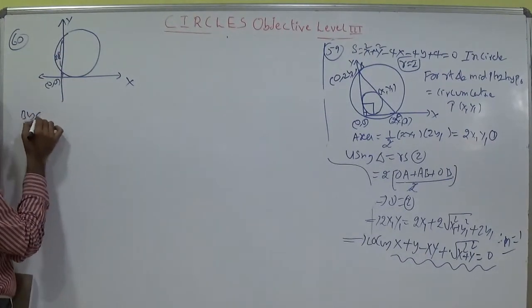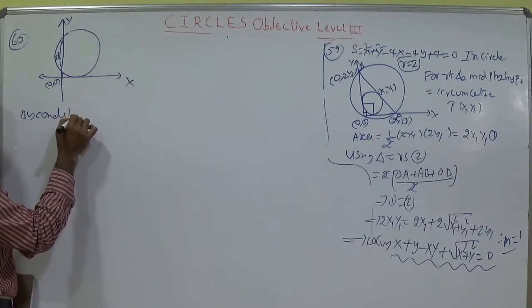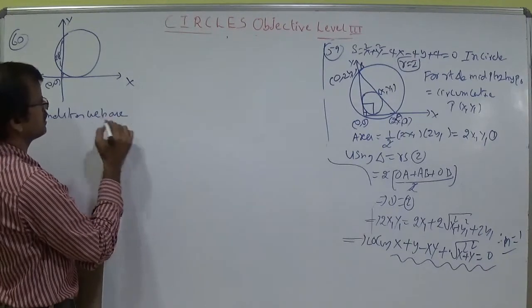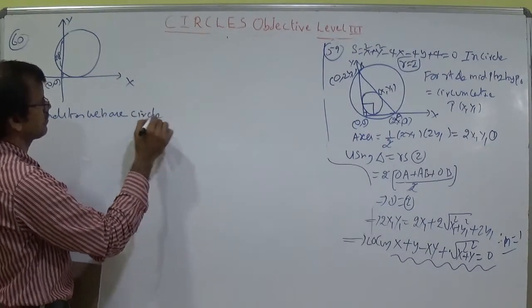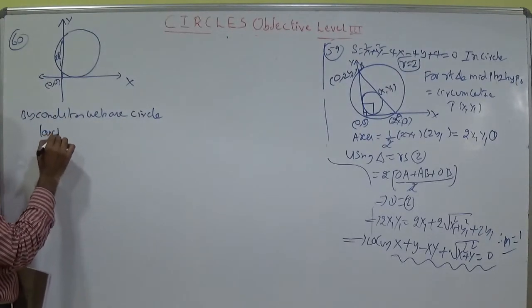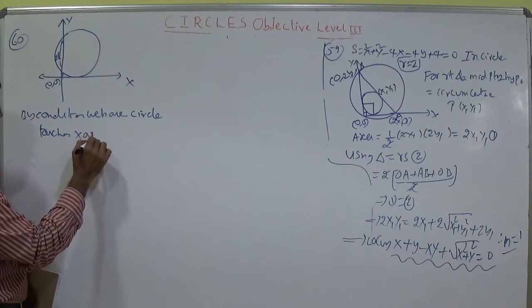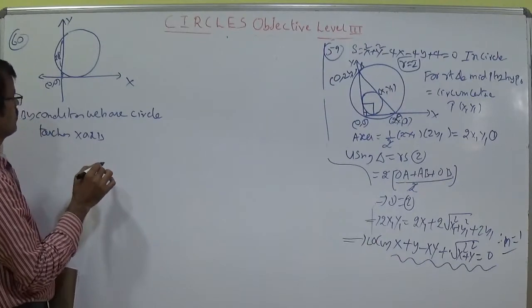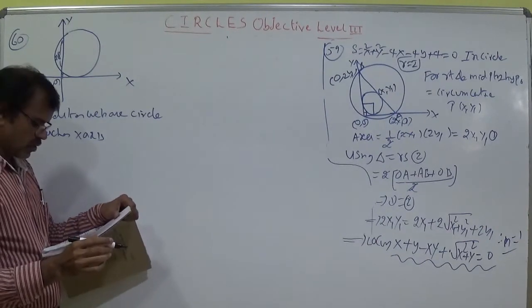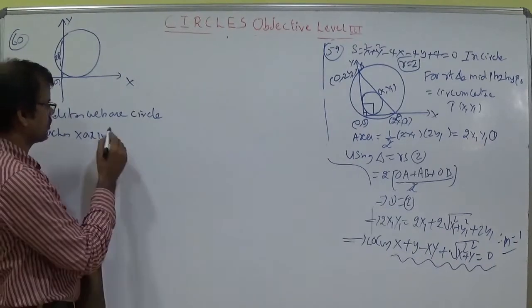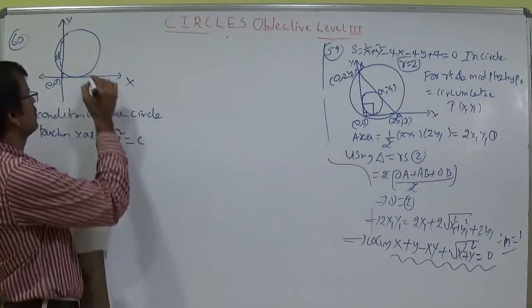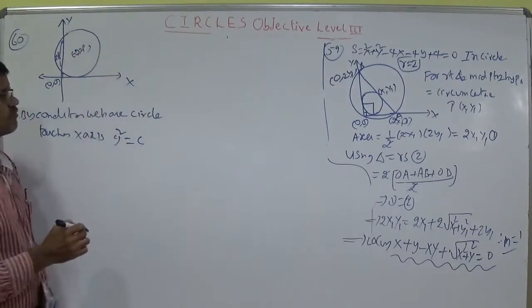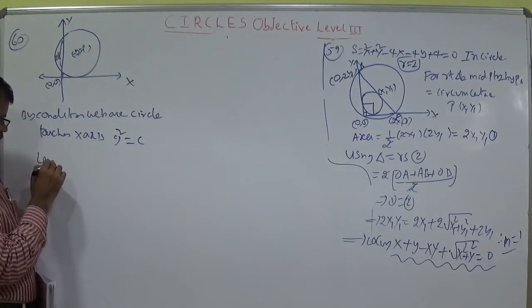By the condition we have, you can write. Otherwise, left also you can write. By the condition we have, the circle touches the x-axis. That implies the y coordinate is the center. The locus of, we can do one thing. g square is equal to c. Let us discuss the center, minus g comma minus f, for the given circle. Next, the length of the y-intercept.